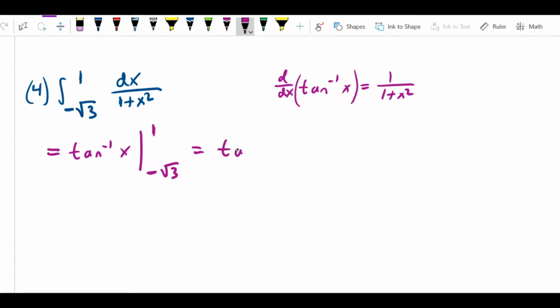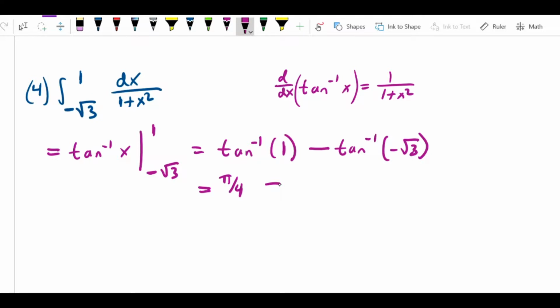So this is going to be arctan x, sorry, we put in the top one first, arctan of 1 minus arctan of negative root 3. Part of the point of this exercise is a refresher on the values of the inverse trig functions that you know. Good review as we approach the end of the course and the final exam: arctangent of x means the angle whose tangent is x. So arctangent of 1 is pi over 4,